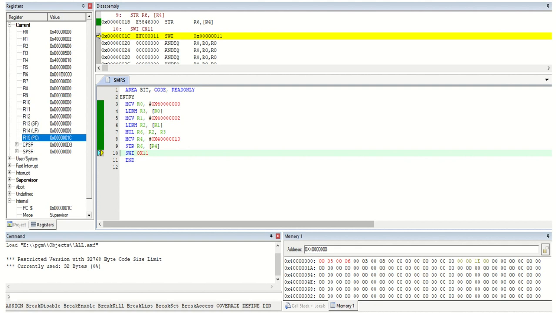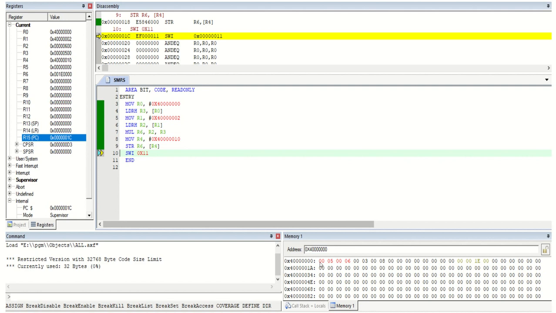So a 16-bit number I have to consider, but how much space do I have to use? In the memory you can see this first space contains 2 digits, that is 0 0. That means this space is an 8-bit space. 0 0 means 8-bit space.